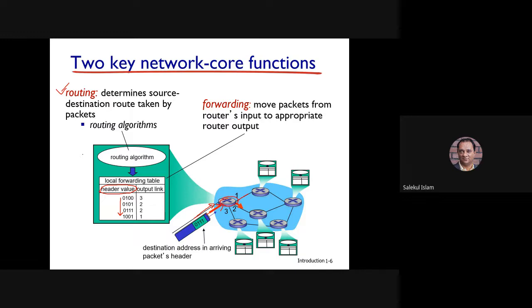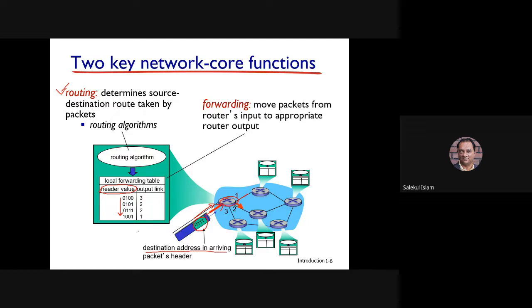The routing algorithm applies the same technique. It looks at the destination, and the destination address is always written inside the packets. That's why they can take the decision. Depending on the destination, they write which output link or outgoing link that packet should follow. Say they have just given some arbitrary values here. For example, for 0100, you have to take link 3, and for the next one you have to take